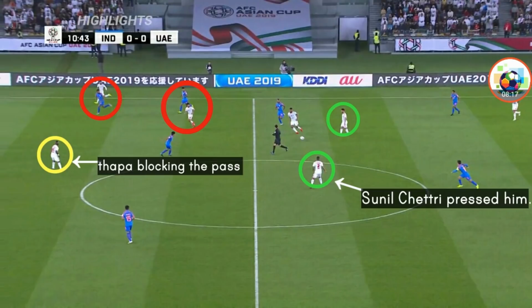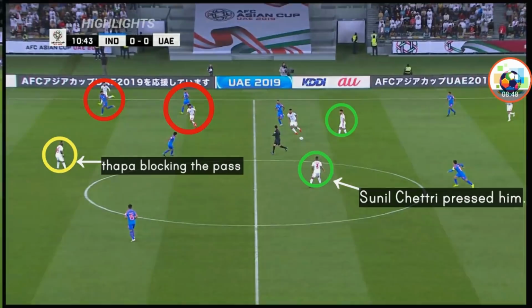Both the red spots are marked by the Indian defense, and you can see a yellow spot, a UAE player, where Thapa is blocking the pass for them, and you can see two other green spots of UAE players, both available for passes, but he chose to pass to the player with the white arrow, and Sunil Chhetri pressed him. The ball was not such a great ball, and the ball was a little bit between Sunil Chhetri and him, and Sunil Chhetri